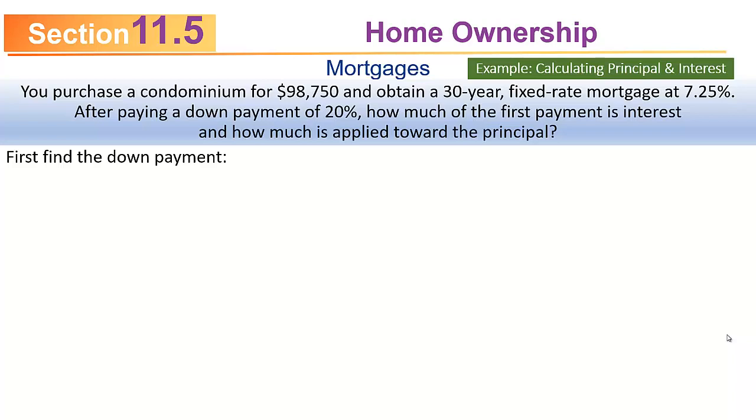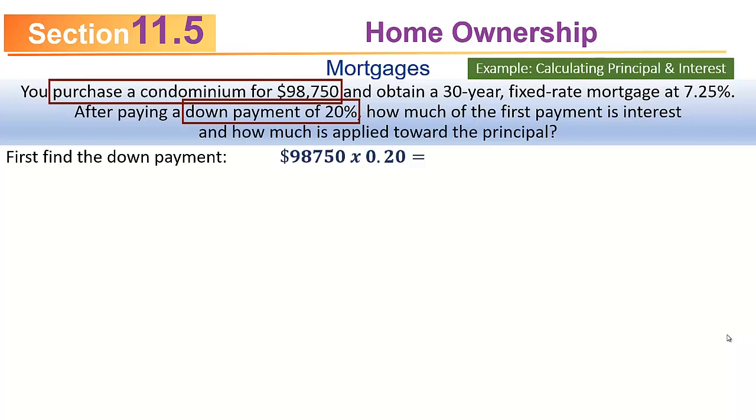So the mortgage amount does not include the down payment, so you have to get rid of that down payment. So we know the condo was purchased for $98,750. We also know that this person made a down payment of 20%. So the down payment is 20% of the purchase price. $98,750 times 0.20 is $19,750. So the down payment is